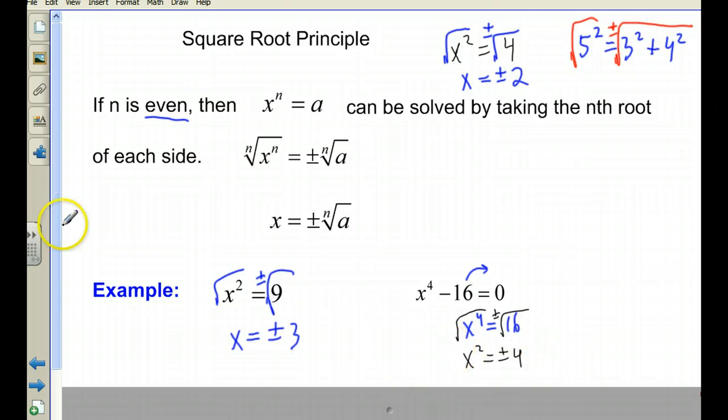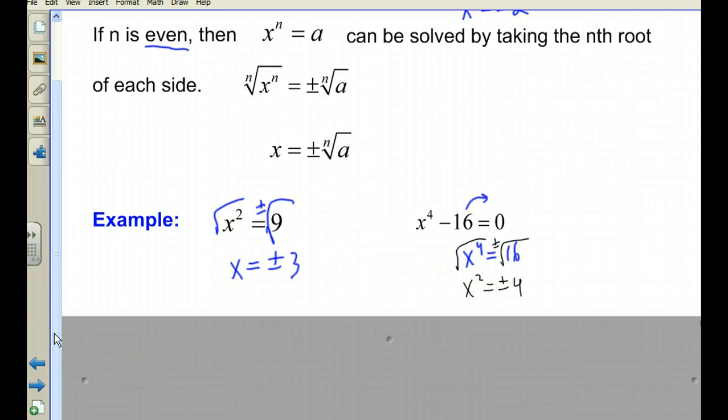And to keep solving there, actually, you know what would be easier to do? Let's just go ahead and take the fourth root of each side there. That should solve it all in one step. And don't forget, put plus or minus on one side. So we get x equals plus or minus